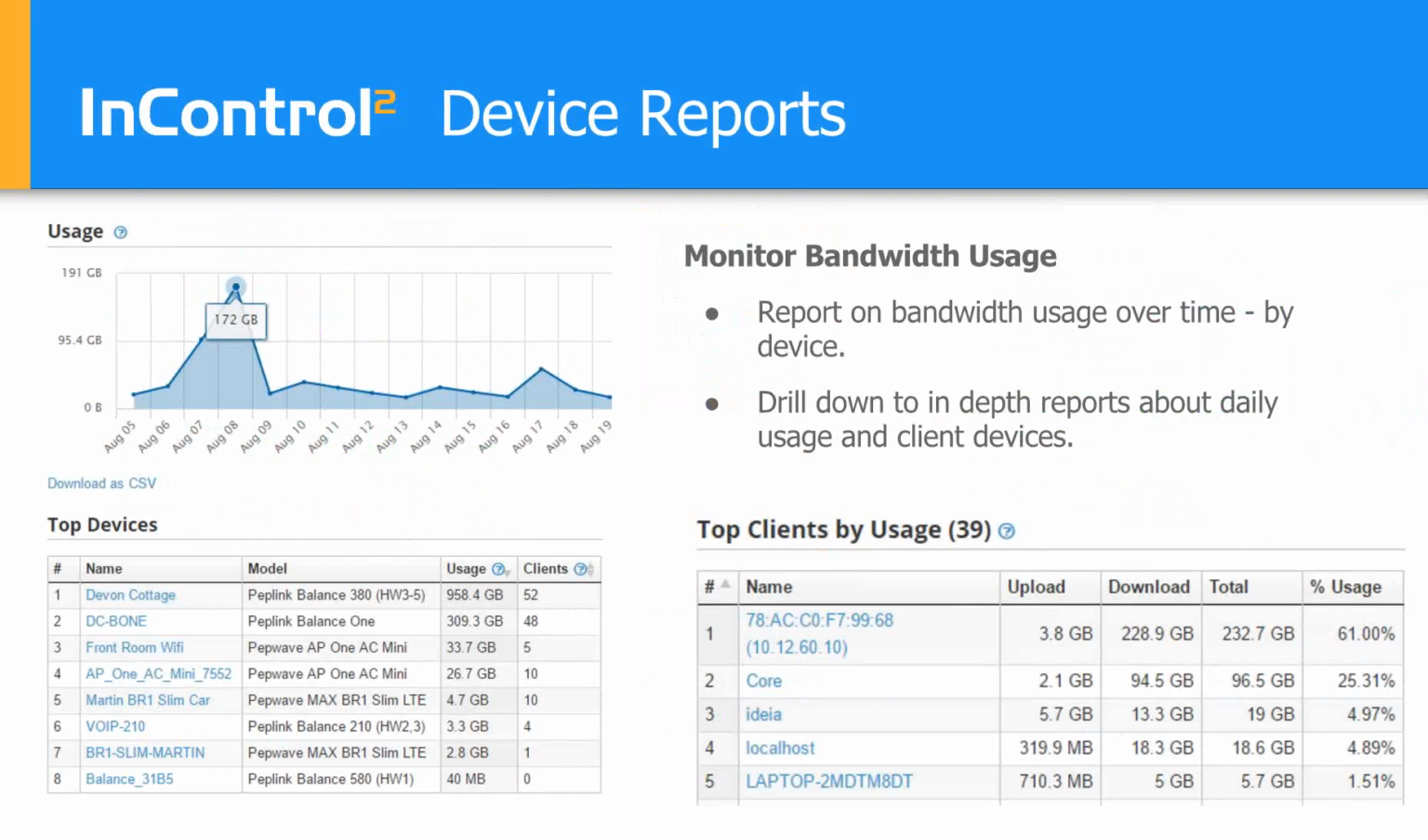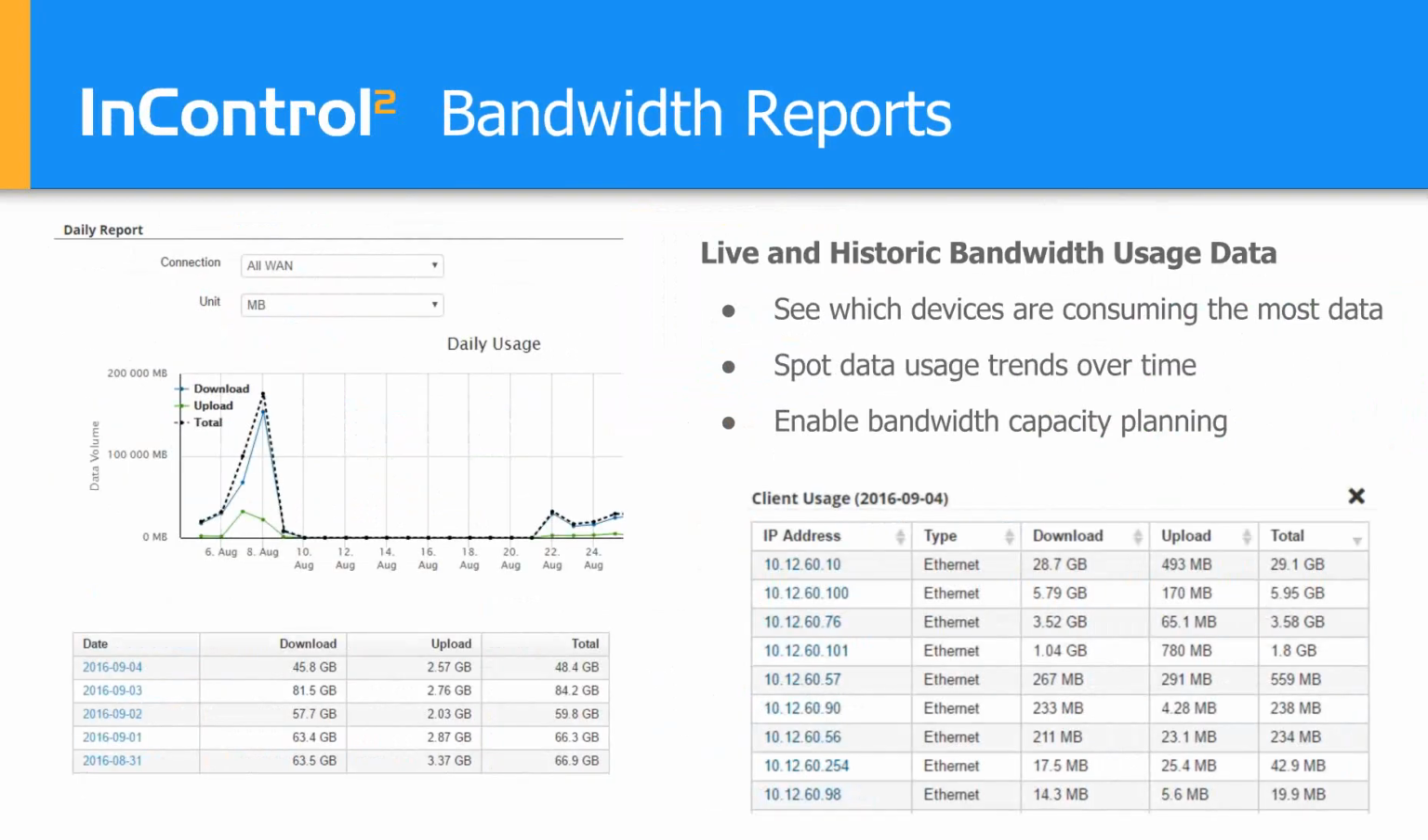You'd be able to drill down to in-depth reports from IC2 about client utilization, daily usage, etc. Bandwidth reports, much the same. See which devices are consuming the most data and see those trended out over time, giving you the ability to enable bandwidth capacity planning to see if you do need to bring in more bandwidth, another WAN into your balance